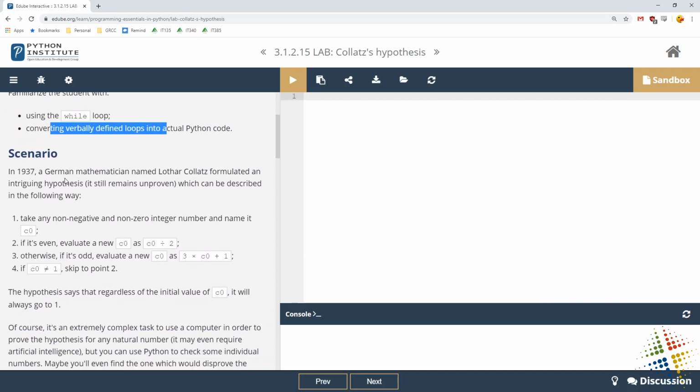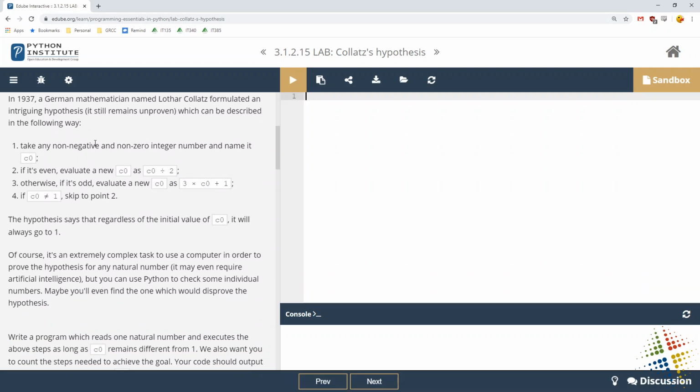So the scenario: in 1937, a German mathematician named Lothar Collatz, I'm probably butchering that name, formulated an intriguing hypothesis which still remains unproven, which can be described in the following way. Take a non-negative, non-zero integer number, name it C0. If it's even, evaluate C0 as C0 divided by 2.